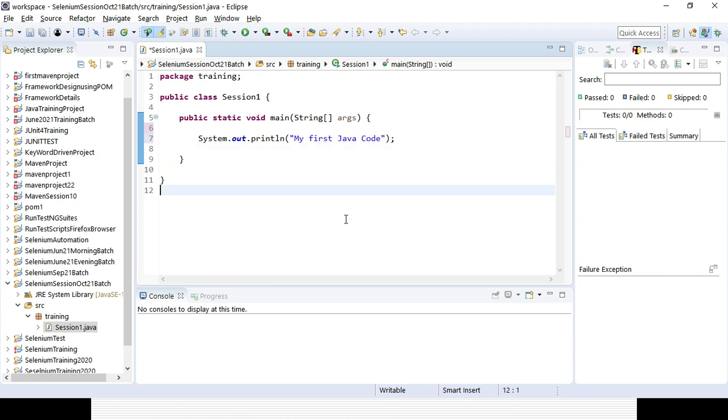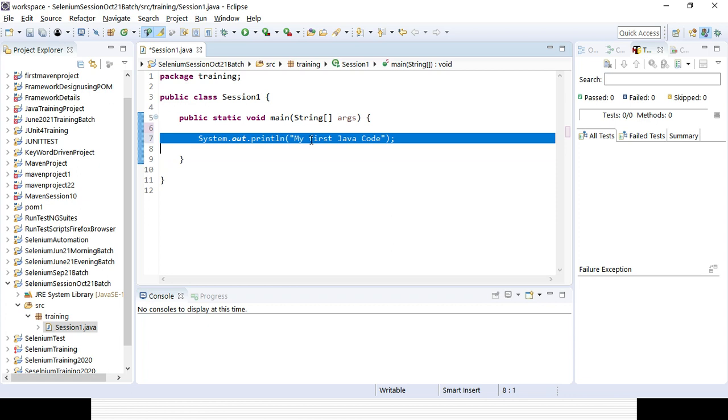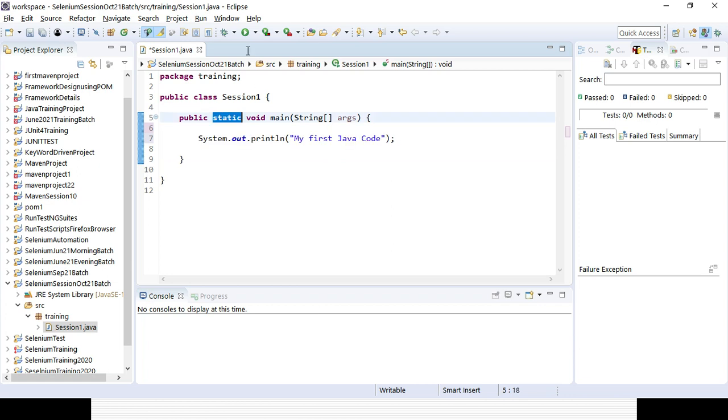Yeah, okay, fine. So that is the code I have written. I want to print that part in the console, because this is the method. This is the main method, right? Your execution in Java will start from the main method, not before the main method. So it will start only after the main method.